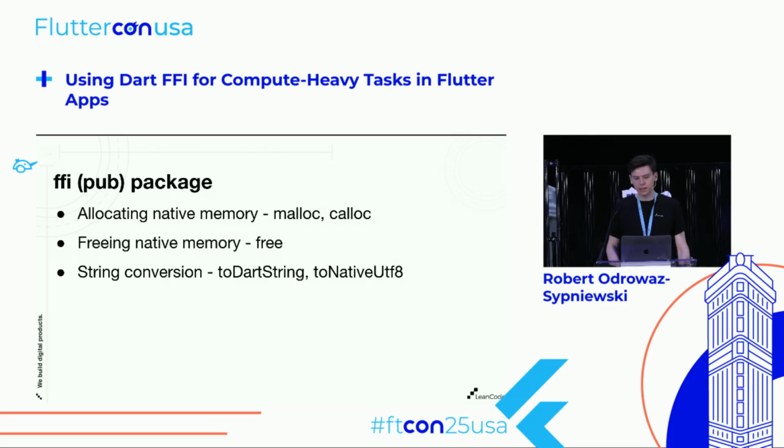Okay, the second package is the FFI package from pub this time, and it provides us with methods for allocating and freeing the native memory, so malloc, calloc, free, etc., and also some convenience methods for converting between Dart strings and native strings, because in the native world, string is just an array of characters with a terminator, and also strings are allocated on heap. So we need to move strings from Dart heap to the native heap manually,